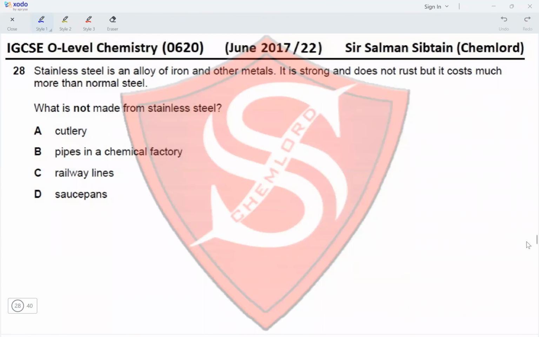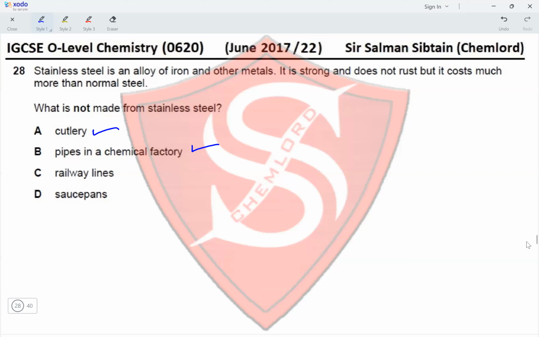Question 28. Stainless steel is an alloy of iron and other metals. It is strong and does not rust, but it costs much more than normal steel. What is not made from stainless steel? Cutlery, yes, it is made from stainless steel because it must not rust, since we are using it for consumption of food. Pipes in a chemical factory, yes, because the pipes must not react with the chemicals and corrode. Railway lines, no, railway lines are not made from stainless steel because resistance to corrosion is not